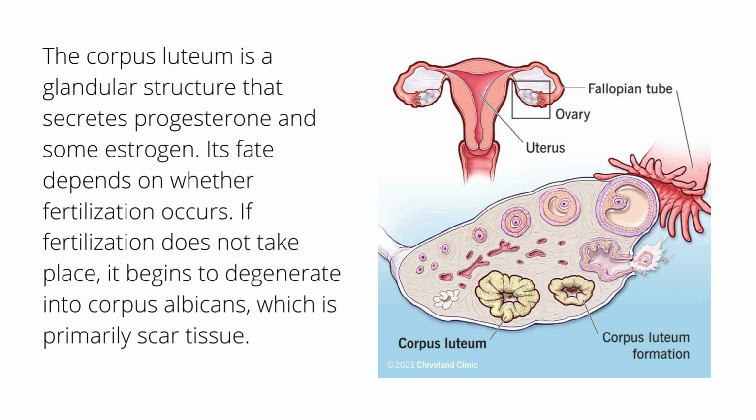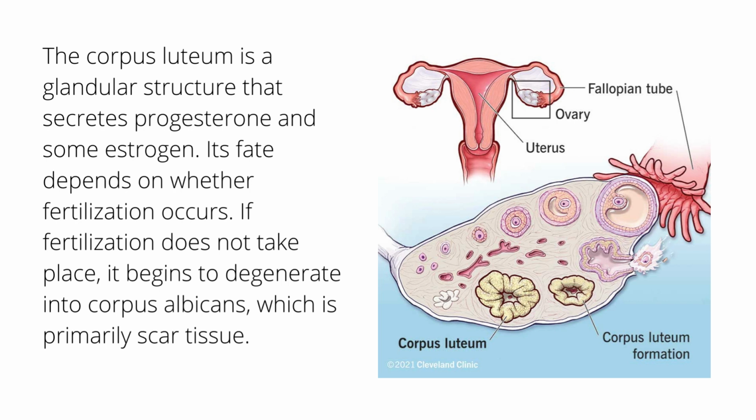Then it begins to degenerate and becomes the corpus albicans, which is primarily scar tissue, and its hormone output ceases. If fertilization occurs, the corpus luteum persists and continues its hormone functions until the placenta